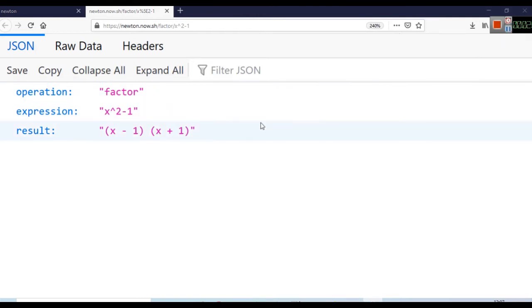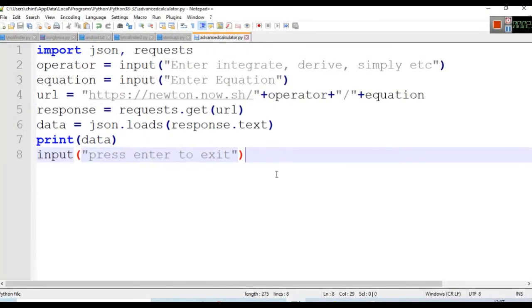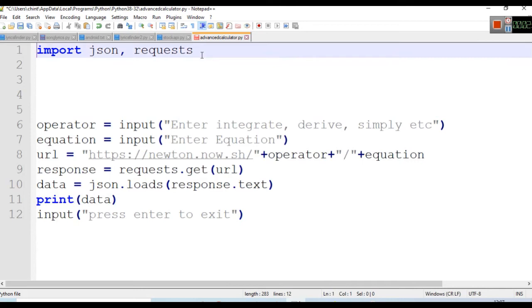Now what we have to do here, we first have to open any Notepad editor or any type of editor in which you edit your code. First we have to import these two libraries, JSON and requests. JSON because we have to load the JSON data, and requests because we have to load the response from the URL.